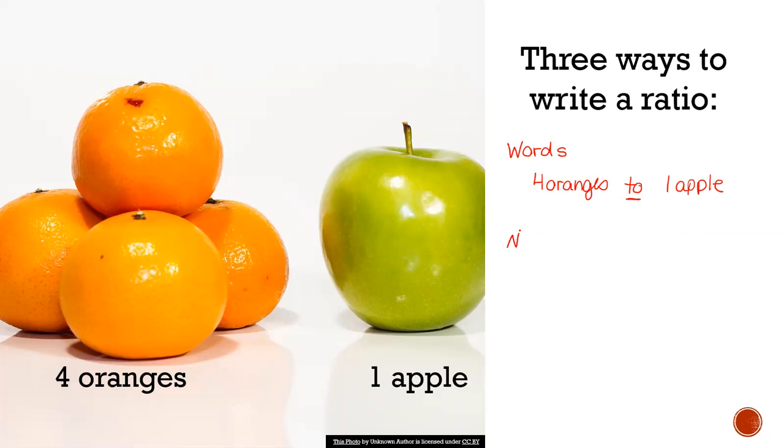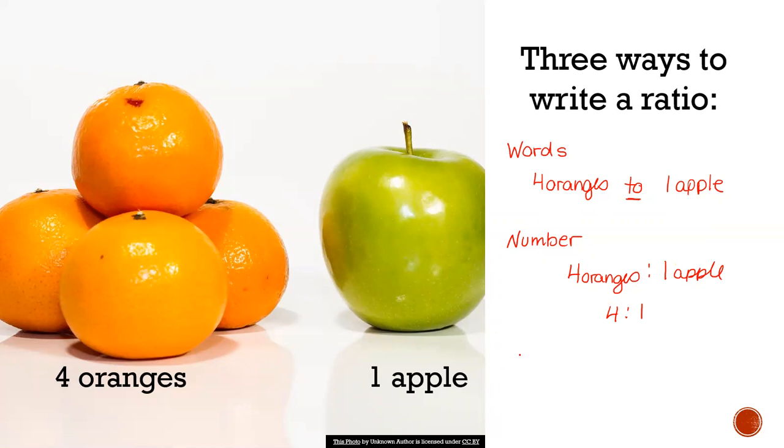You could see it in number notation. And if you see it in number notation, the number way to write that would be 4 oranges, and I'll typically label that, to 1 apple. You could also write it as 4 to 1 if there's something else in the question before that automatically tells me what the order is. Okay? You'll find for gears, there's a particular order that things are written in, so you don't have to label